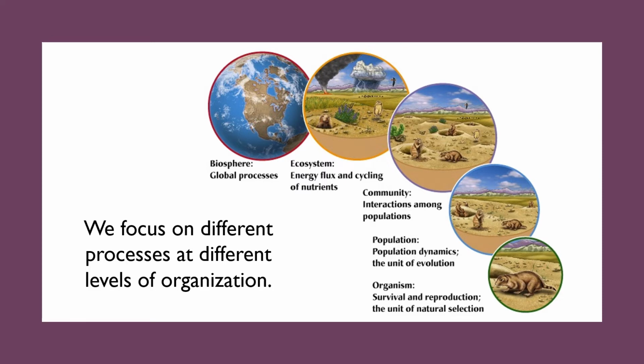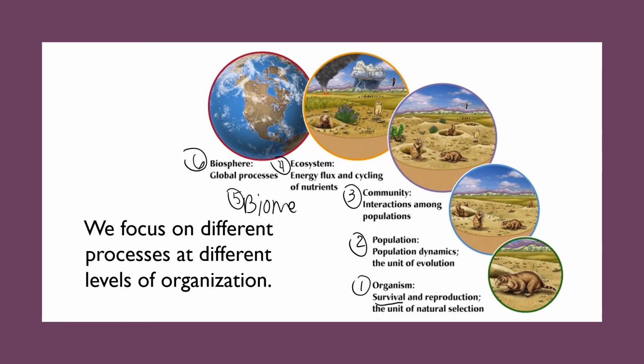So going over them from the bottom up, you start at organism, I'm sorry, that's the lowest. Then you move to population, then community, ecosystem, then you're missing biome here in between. And finally, you have the biosphere. And if you notice, each level focuses on a different process. So at the organism level, we're looking at survival. How does the organism survive? How does it reproduce? How is it being affected by natural selection?